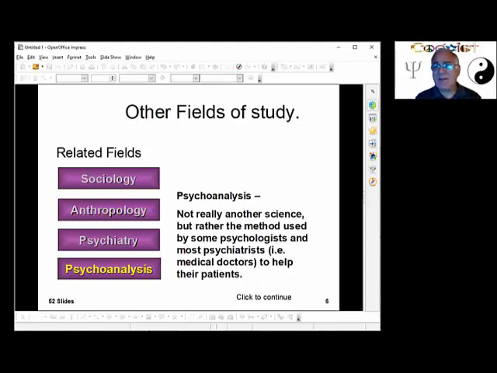Lots of students say, why are we studying Sigmund Freud? He's so old and he's so weird. Yes, he is. And the reason we study him is because his ideas still work today. And if it's useful, then it's practical. We'll continue to use it until we find something that's maybe so much better. There aren't very many things that are so much better. So that is psychoanalysis. And they refer to their people as patients, whereas psychologists refer to their people as clients. And there's a big difference between the two. We'll talk about that also in this class.